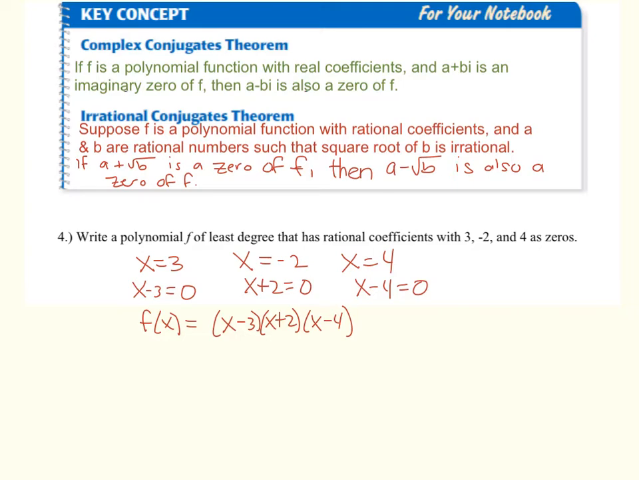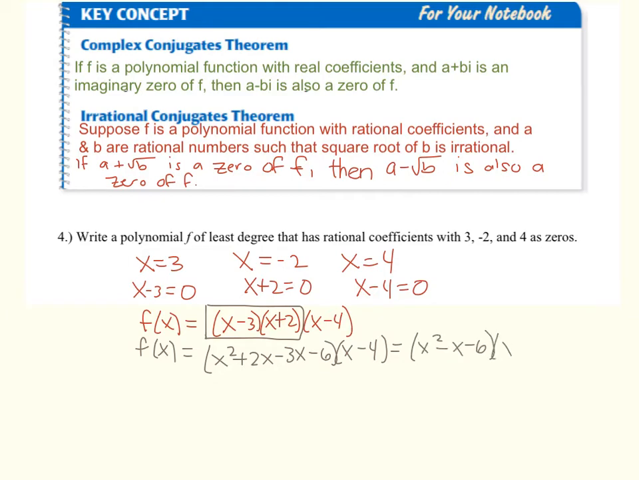So there it is in factored form. We need to multiply it out and get it into standard form. So f of x will equal, I'm going to start by foiling my first two binomials, and I'll get x squared plus 2x minus 3x minus 6 times x minus 4. Or if I simplify that a bit, I'm going to have x squared minus x minus 6 times x minus 4. And so then if I